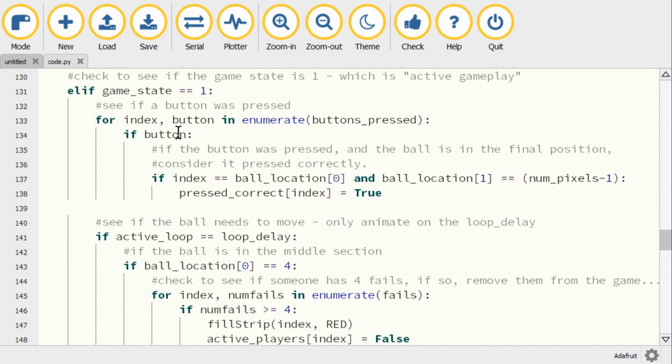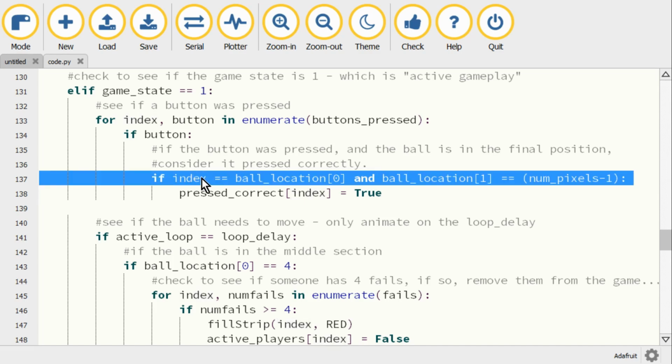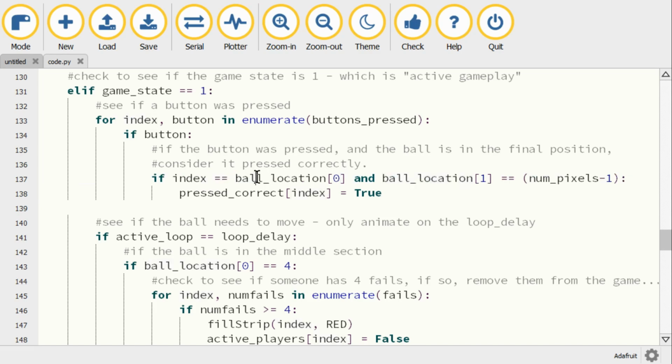If the button is pressed, then we're going to check if the ball location 0 and the ball location 1 is number of pixels minus 1. Our number of pixels is 6, which means there's 6 pixels on there, which means the last pixel is pixel 5, because we go 0, 1, 2, 3, 4, 5. So if our index, meaning the person who pressed the button, is the same position as the strip where the ball is, which is ball location 0, and the ball location is on the last pixel, then